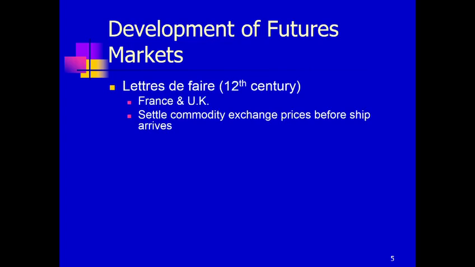Now, in terms of how futures markets have developed over time, they in fact have been around for quite a few years. And if you go back historically, you can see some examples of futures trading, not necessarily how we are familiar with it today, but nevertheless there were futures contracts. The first example I'm going to provide you is that of something called laissez-faire, which is basically a letters of offer. And in the 1100s, particularly in France and the United Kingdom, these letters of offer were traded between merchants.